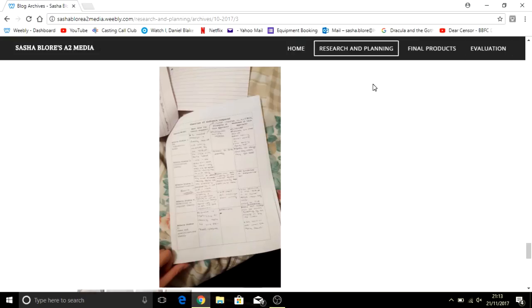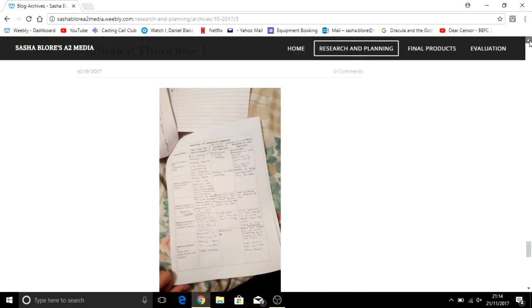Then we've got audience theory. So we've got the hypodermic needle theory, the... my mind's gone. We've got the copycat theory, desensitization theory, uses and gratifications theory, and things like that. And it's basically saying what they are, what's positive about them, why in some cases they can be true, and why they can be false and a load of rubbish, basically. So yeah, that's all good.